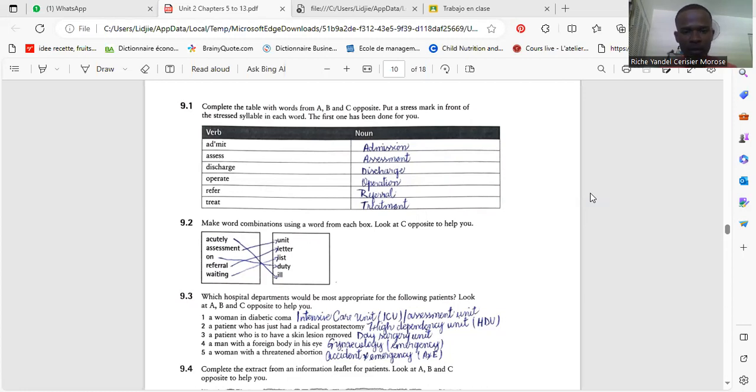9.1. Complete a table with words from A, B, and C opposite. Put a stress mark in front of the stressed syllable in each word. The first one has been done for you. Okay. Admit, it's admission, assessment, discharge, operation, referral,